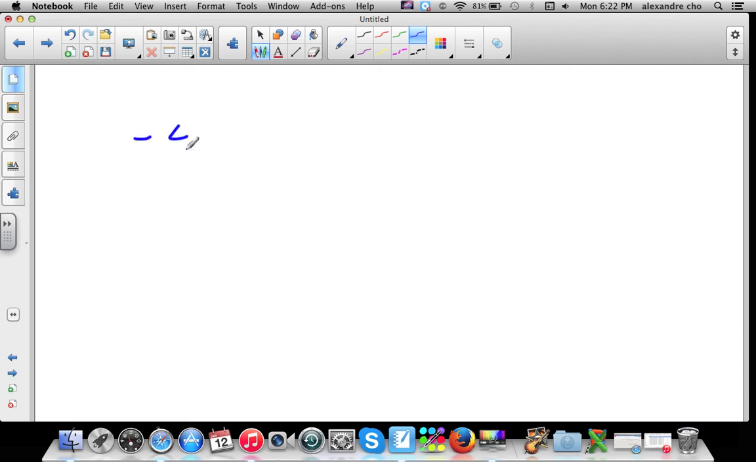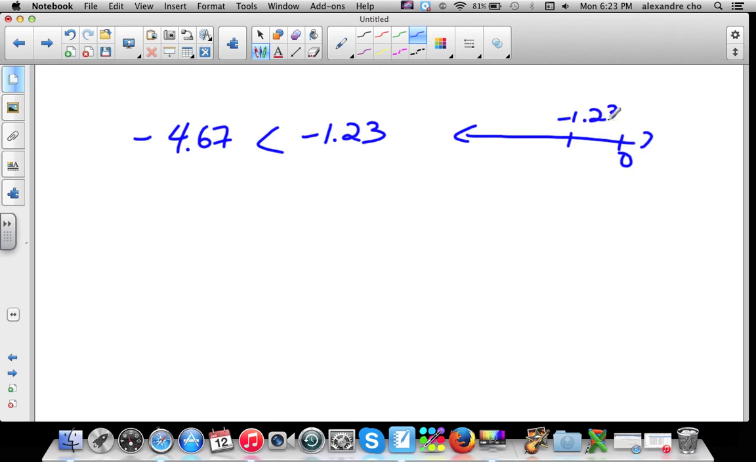Negative 4.67 and negative 1.23. 4.67 is less. If you draw a number line, if that's 0, this would be negative 1.23, and this would be negative 4.67. And again, the number on the right is always the bigger one. So in this case, negative 4.67 is the lower number. Okay,